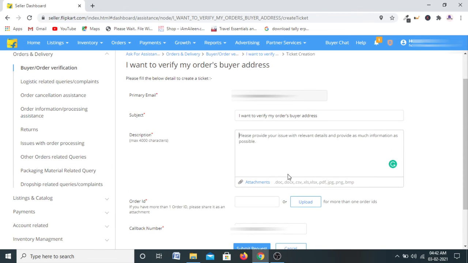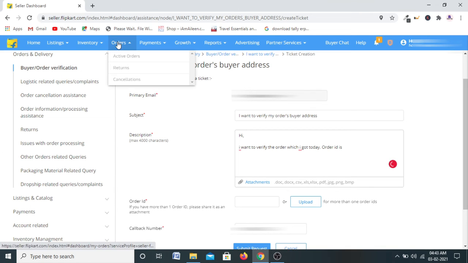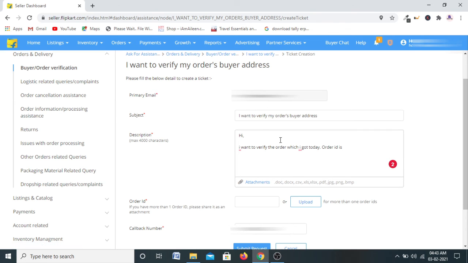So I want to mention here, I want to verify the order which I got today. The order ID is, so I'm going to take the order ID which I want to verify.